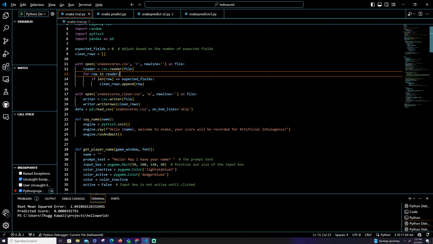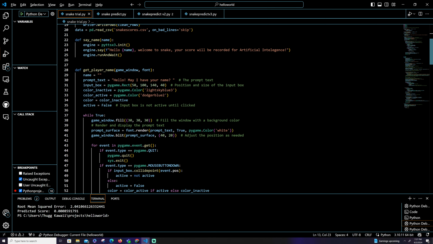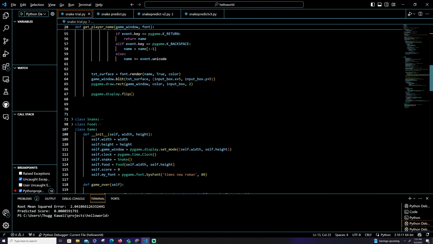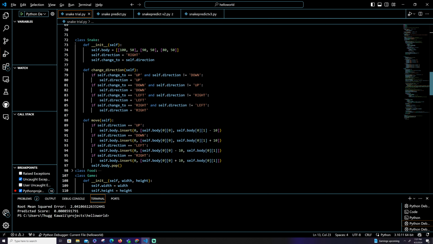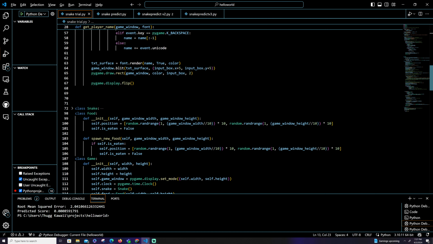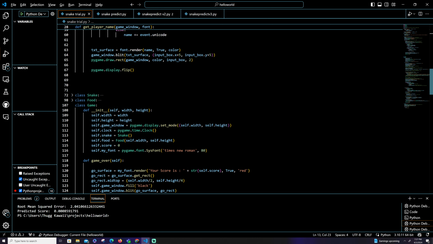So basically in my snake trial, I just programmed snake really quickly. We have these definitions up here for something very specific, but first we have our snake class for the snake itself. We have the food class, which is just the little dots you're going to see, and then we have the game class, which has the initiation of the game.